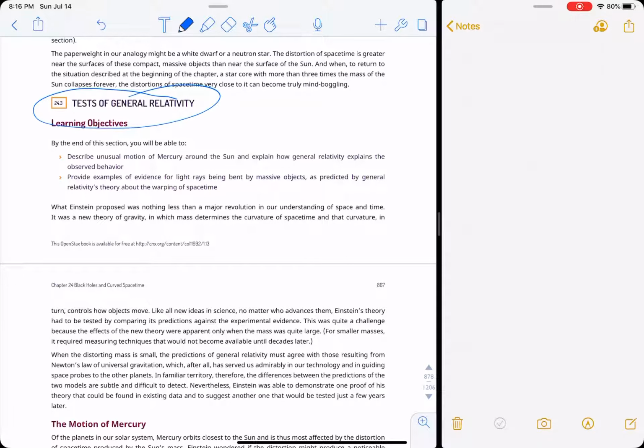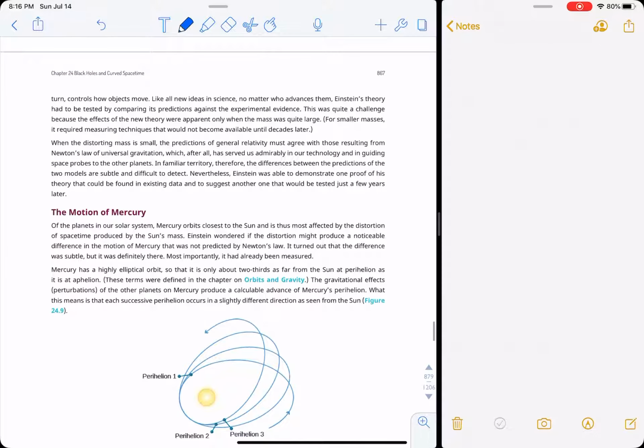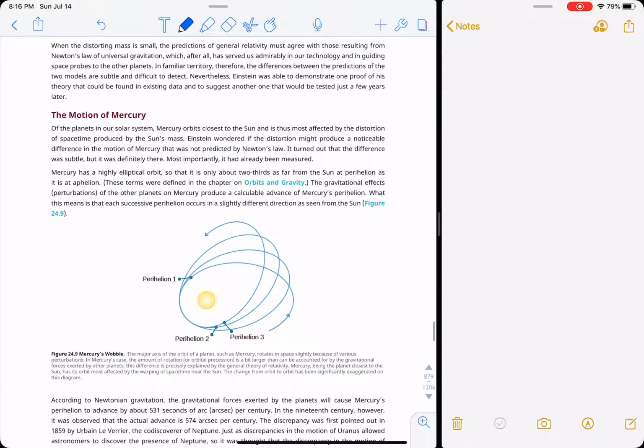So what are the tests of general relativity? There's all kinds of stuff, and it's been 100 years at least, 103 years, 105 years since Einstein came up with this theory, and we've been testing it and testing it and testing it, trying to find a hole in it, because we need something to explain black holes, because we'll talk about that. Einstein's relativity does not predict what a black hole is, just that it can exist, but it cannot explain what's happening inside of a black hole, because it makes literally no statement or comment about it.